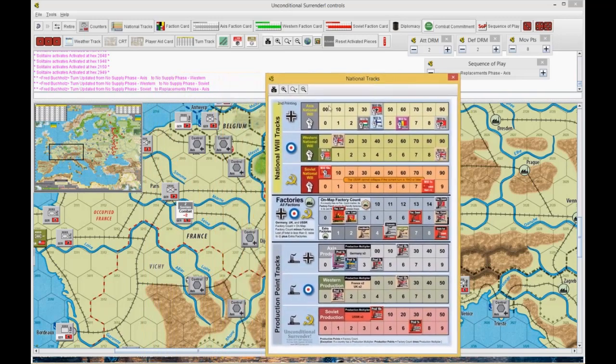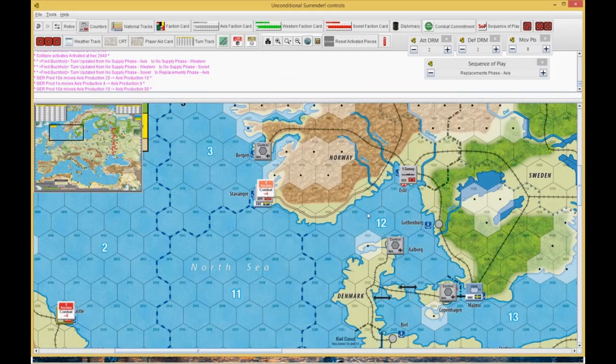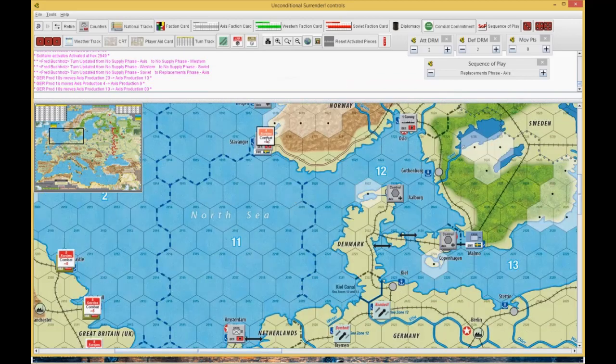3, 6, 9, 12, 15. I count 15. So that's 10. And then 5 more should give them 9. I thought about building the surprise attack marker, but I don't know that I'd ever see a point where I could actually use it. And I think getting my airplanes down, so that's 3,